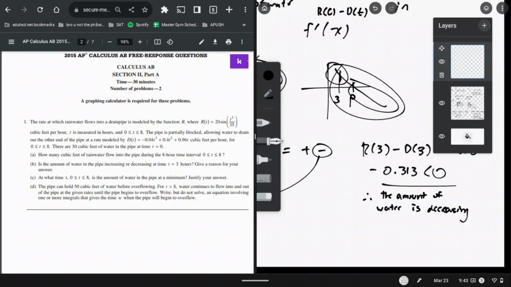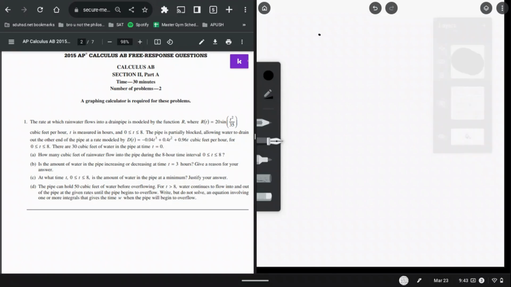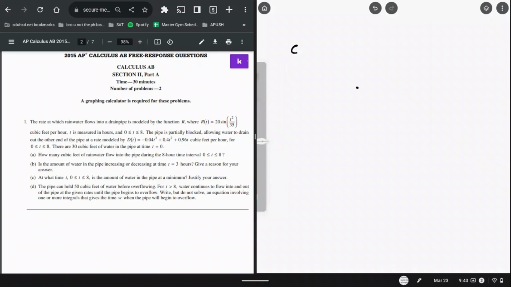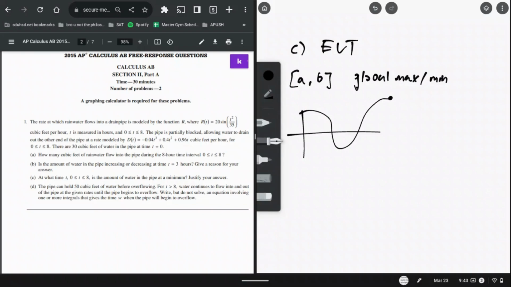All right, so moving on to C, at what time from time 0 hours to 8 hours is the amount of water in the pipe at a minimum? And when they ask for a minimum or a maximum, they're pretty much asking you to use EVT. And EVT states that from a closed interval A to B, there's always going to be a global max and a global min. So for example, it could look something like this, where you have a global min here and